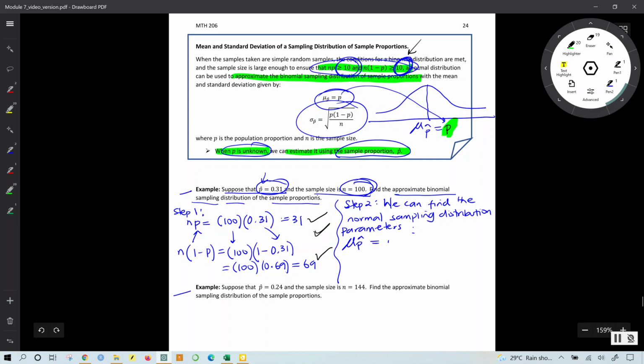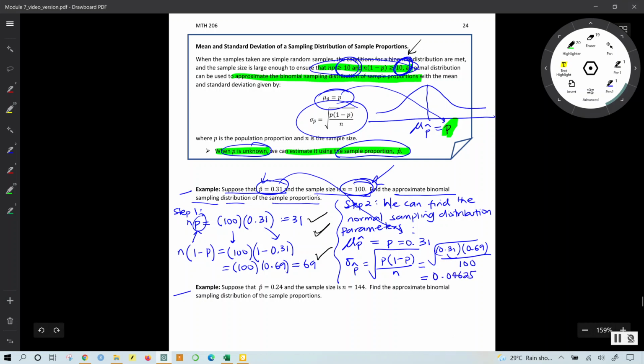This is going to be equal to p, and since p is not given, we estimate it using p hat, which is 0.31. The standard error of p hat is the square root of p times 1 minus p divided by n. That will be the square root of 0.31 times 1 minus 0.31, which is 0.69, divided by 100,